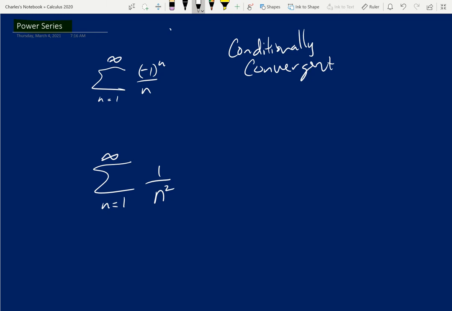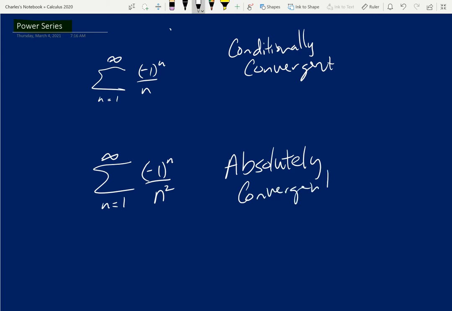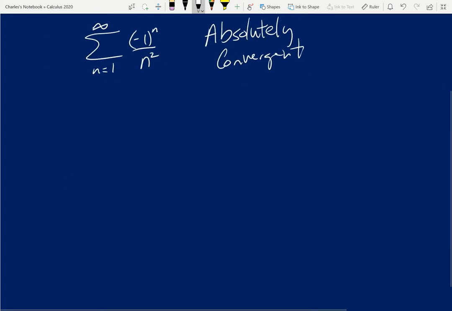Whereas if I have, let's say, this sum from n equals 1 to infinity of 1 over n squared, right? That one converges by the p-series test. It's n squared. If I put the negative 1 to the n in there, it still converges. So it doesn't matter if I have the absolute value signs or not, I'm calling that absolutely convergent. And I think you should say it aloud with a lot of conviction. When you just say absolutely convergent, you say absolutely convergent. That's important.